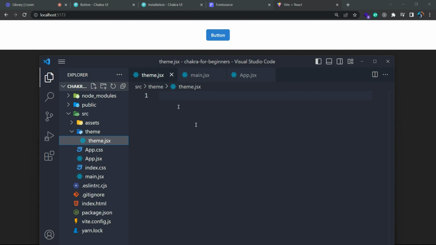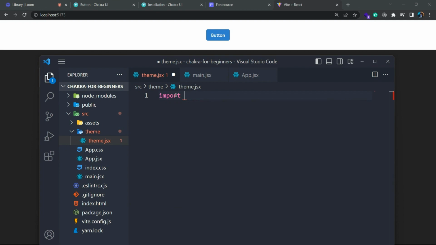Like maybe your color is yellow. You can just have a single source of truth where you have the color yellow, and then all the others in the tree are going to use a variable from the theme, such that everything in the application can be controlled from a single place. Maybe you want to change the colors, you just have to change one place instead of changing through the DOM tree. So what you do here,